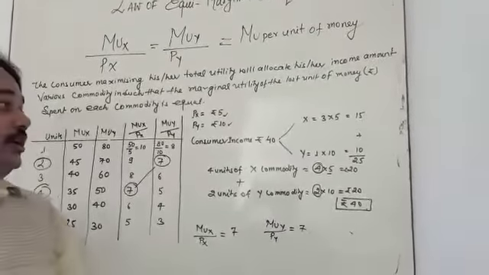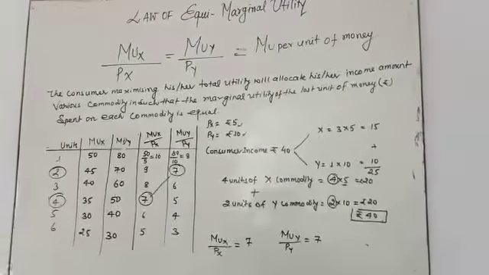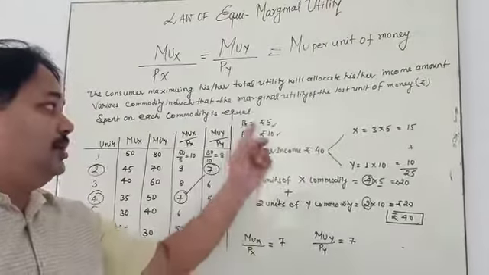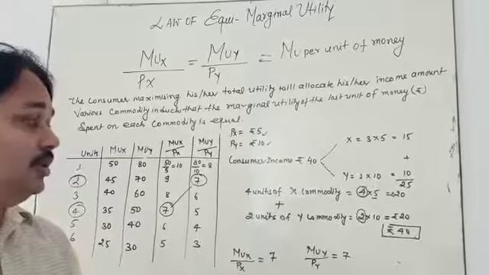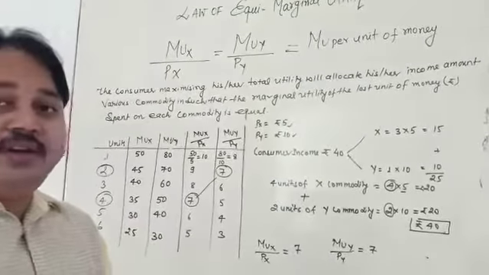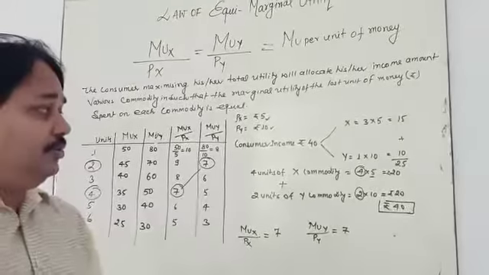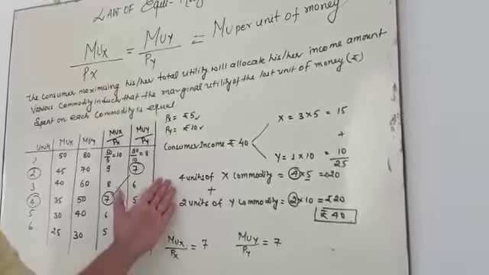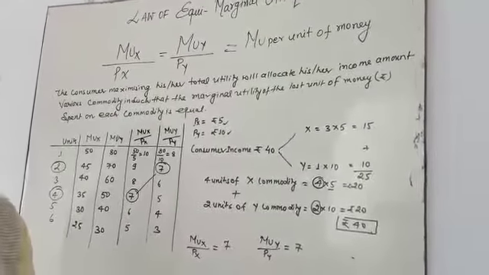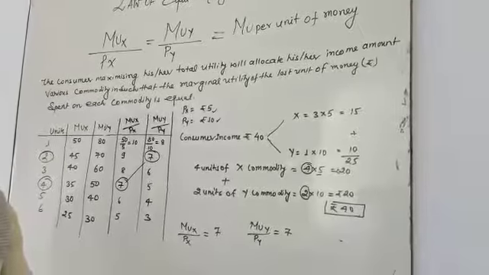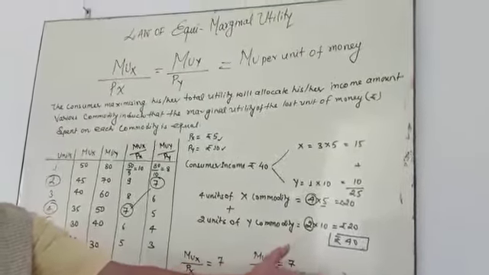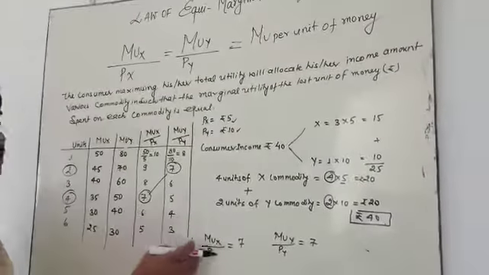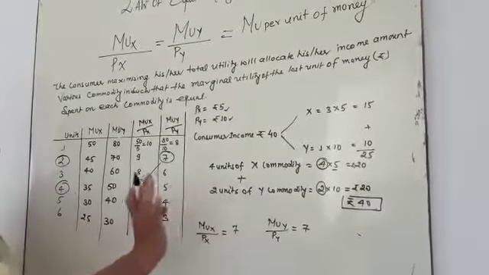So I conclude here, my dear student, the simple law: a consumer has 40 rupees to be spent on two commodities. The prices of the commodities are given as 5 rupees and 10 rupees. Here you find out what quantity of X commodity and what quantity of Y commodity is purchased. Simply, we find 4 units of X commodity and 2 units of Y commodity. So the 40 rupees is spent easily and the consumer gets maximum satisfaction. So the law is that MUX upon PX is equal to MUY upon PY.